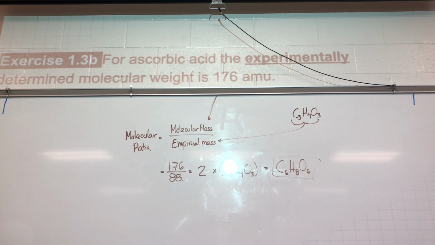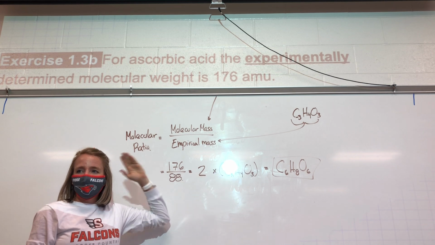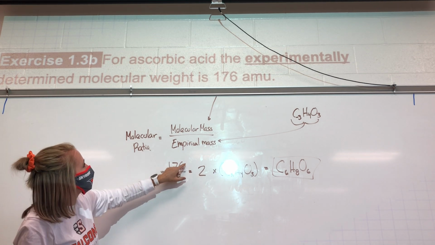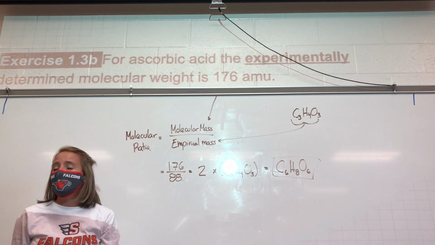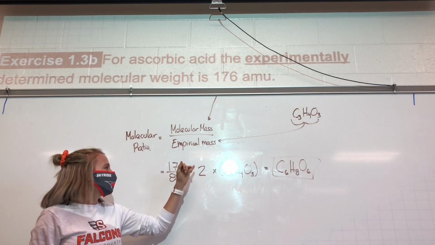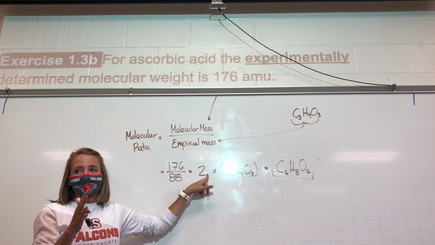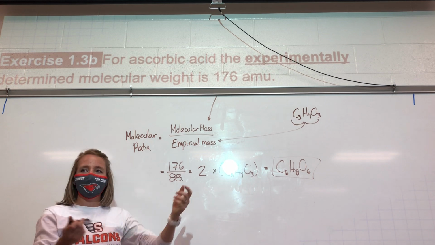When you're doing that, do you just round to the whole number? Yeah, good point, Taylor. This has to be a whole number, right? Well, yeah, and the 88 too. You just round that. You could, because it kind of depends. They might give you more decimals, and if they gave you decimals, then keep decimals. But it's a good thing to recognize this has to be a whole number, right? If you divide them and it's pretty far off a whole number, that's probably a sign that you did something wrong